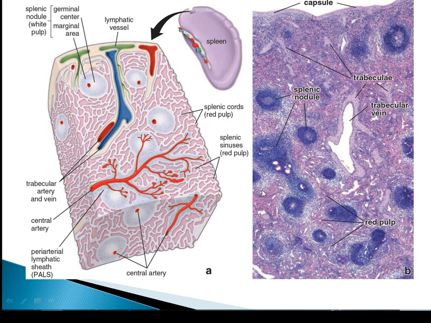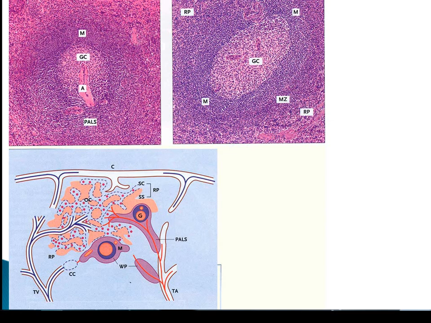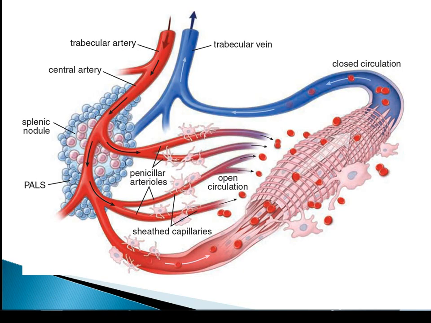Actually, the structure of these organs you study in your practical lessons, and the lymphoid nodules we are looking at here have a germinative center, the site for proliferation of the B lymphocytes, then the mantle region, the marginal zone, then the red pulp here. And talking about the spleen, we have to know